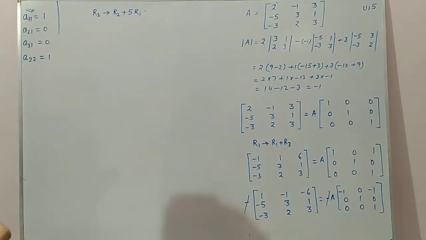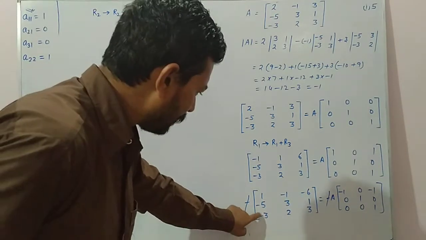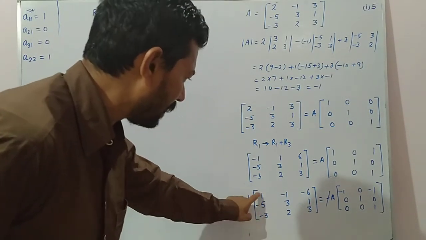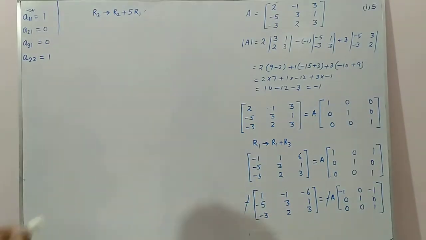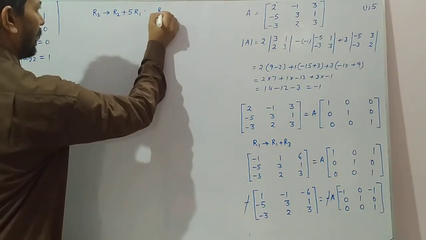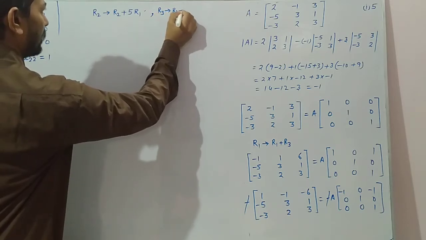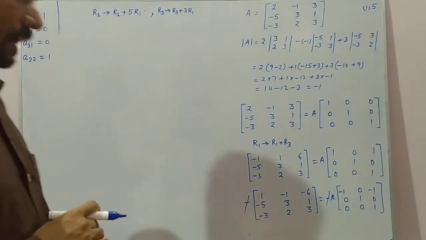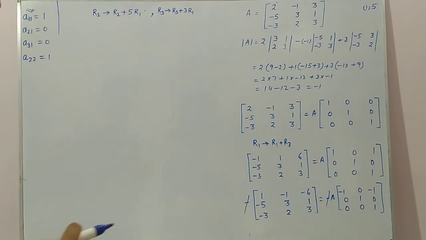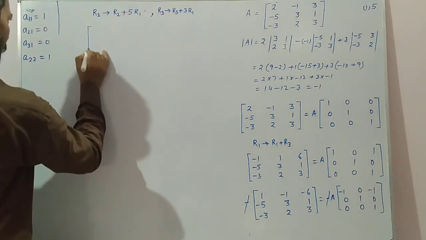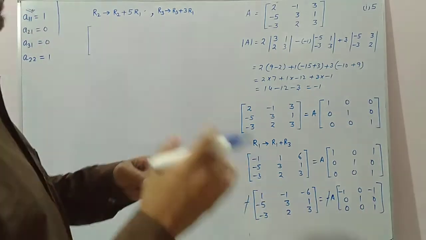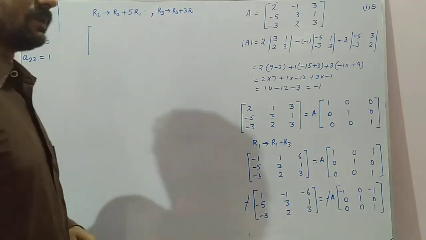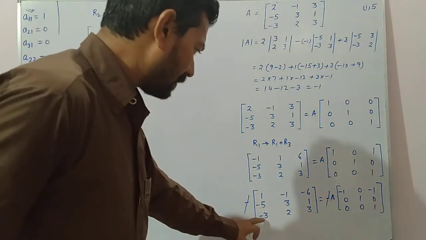Okay. And in that step only, in one step only we can do both the operations. R2, R3, see here, this is minus 3, this is 1. So minus 3 plus 3. So we can also write R3 changes to R3 plus 3R1. So here we are doing two operations so that we can save time and space. Okay. Now see here. In the previous sum we have done separately so that you can understand. Now we are accustomed to this type of sum. That is why two transformations we are doing at once. So we will get 0 here as well as here.